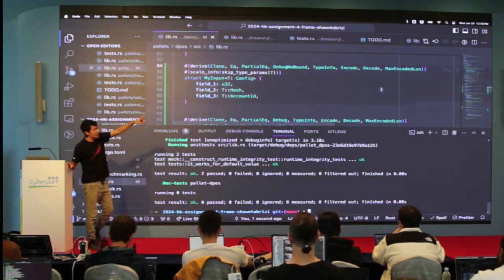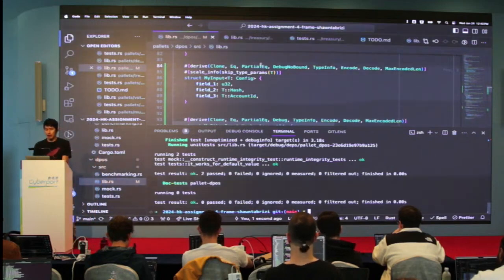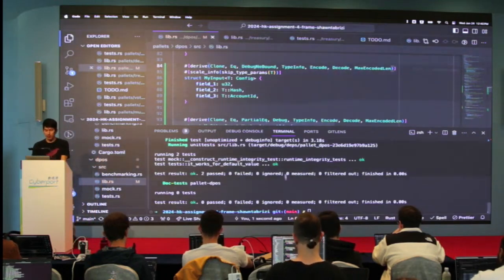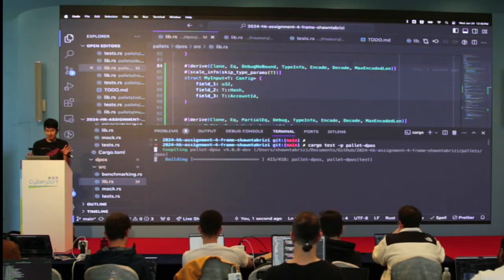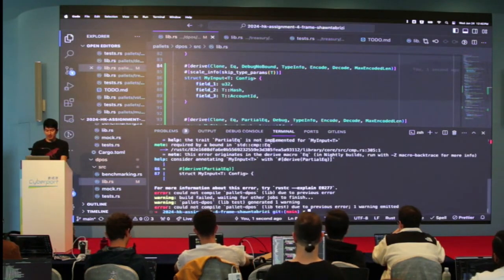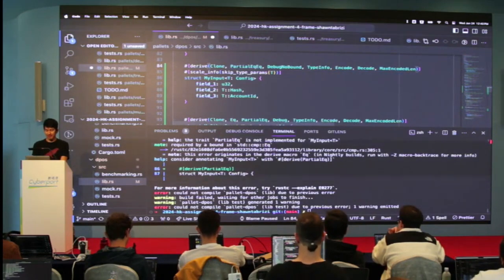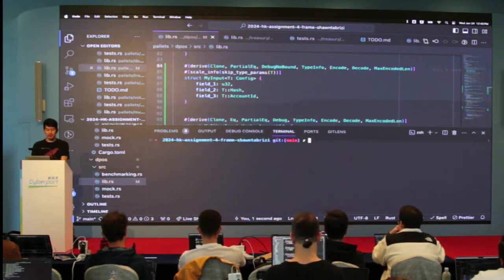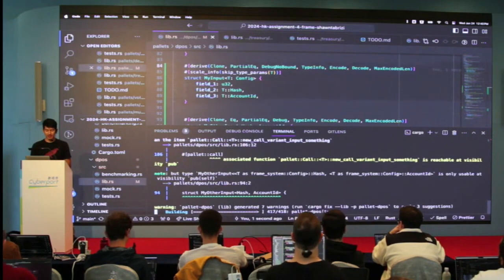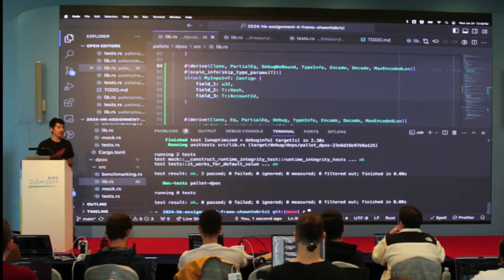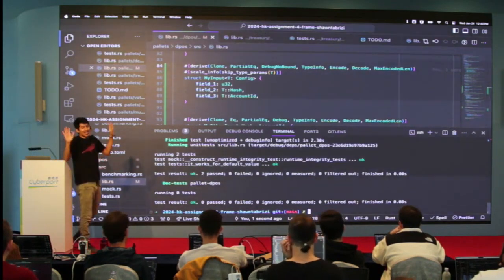And actually maybe I don't need partial EQ, because if you tell it to do EQ, it does partial EQ automatically. Oh, so all I need is EQ. See, that's not intuitive to me. You're right, I don't need partial EQ and EQ. So, okay, what? Rust, man.